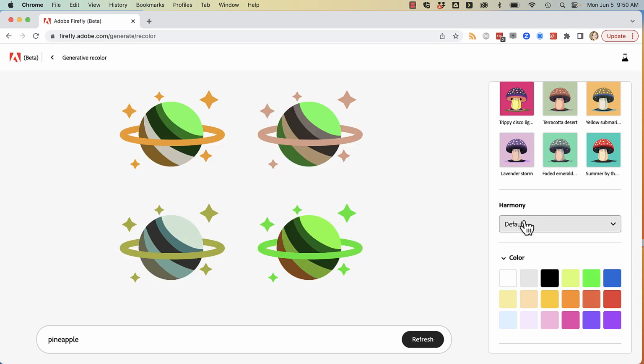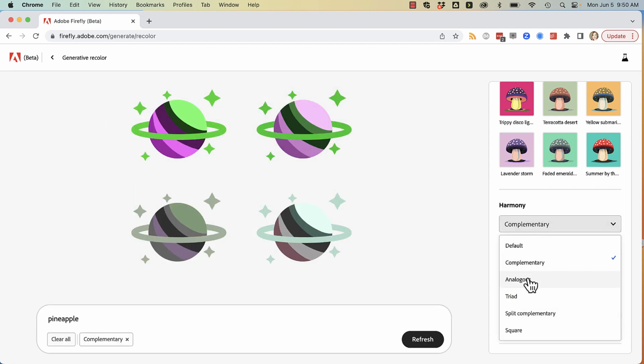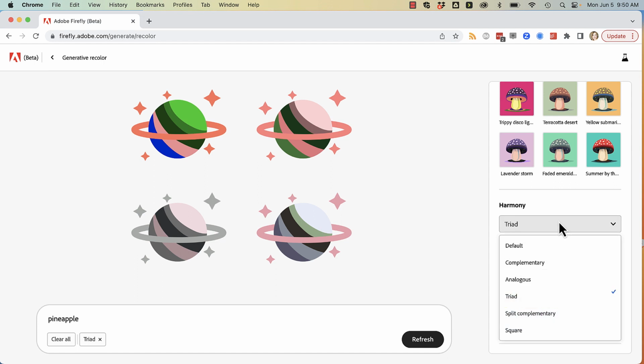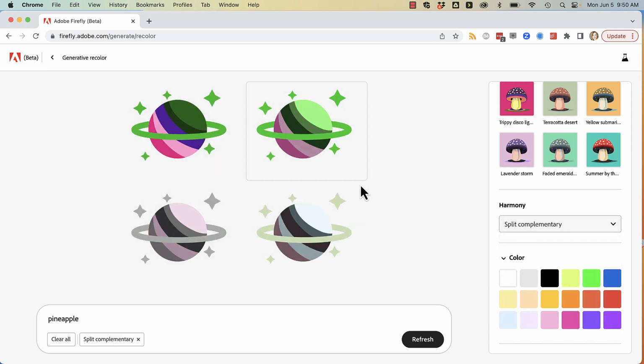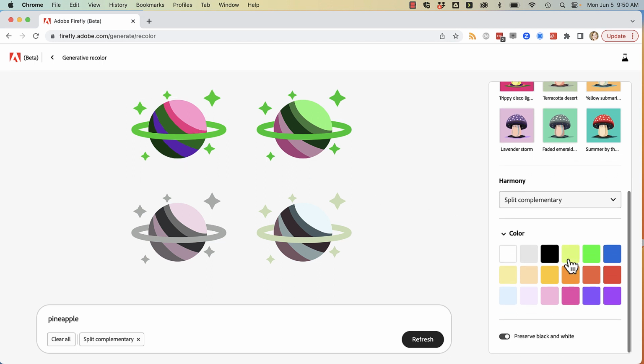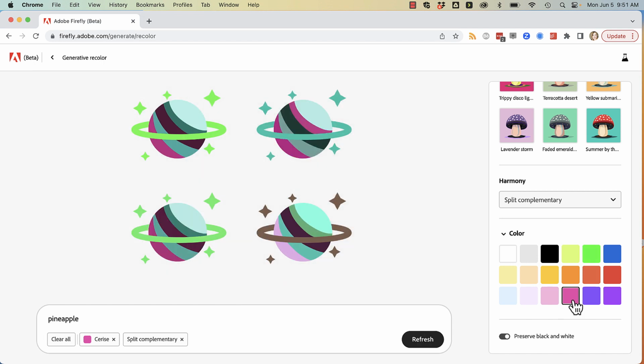Once I have a general term I like, I can choose different harmonies just by using that base color that we created with our word and applying different harmonies. So I can download as many of these as I want. It's also helpful to rate that. Notice if there's one that I really like, I can shuffle those colors to kind of keep those same colors, but maybe use those in different ways. Finally, I can choose a key color and generate with that color as well.